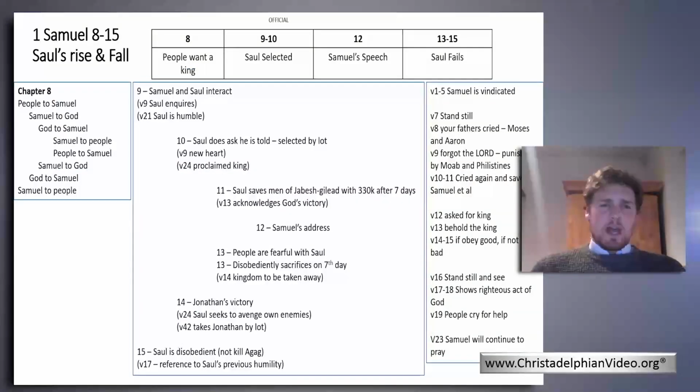Now when we move on to the next section, we have another chiastic structure which centers upon Samuel's address to the people as a reprimand that they have requested a king. So first of all, the section begins with the people requesting a king, and Saul is selected initially, and then